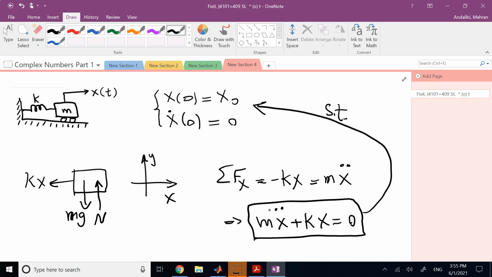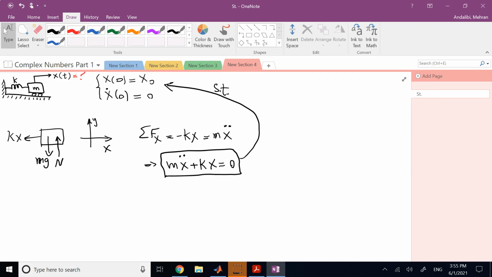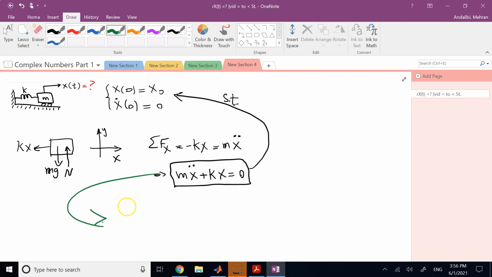Now my solution is, what is this x of t? Okay, if you remember from your differential equation course, whenever I give you a linear ODE like this with constant coefficients, so the coefficients are constant, they are not time varying, and the whole set of equations is linear, the homogeneous solution, which here is the only solution because the right hand side is 0, should be x of t is equal to